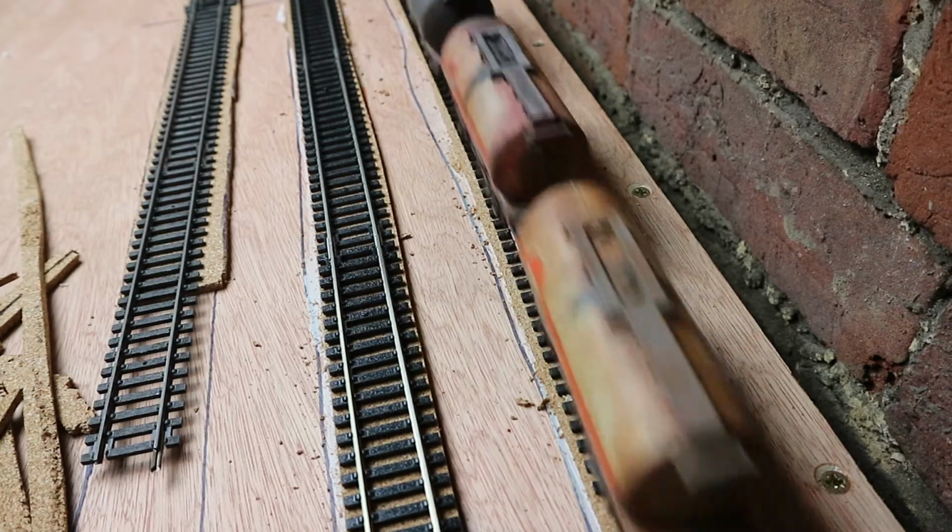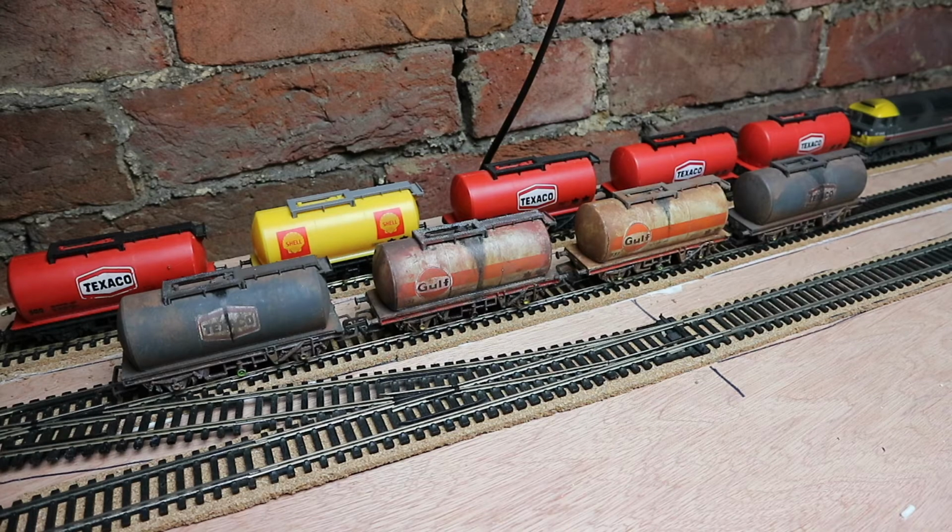Now, in Portsmouth, in the middle of the 20th century, there was a BP section of the line that came off towards Hilsey, and I thought, brilliant, okay, that means that I can get some oil wagons on there and imagine that they went all the way to the docks or they went off the island from various points of view. What I'm going to be doing is I'm going to be respraying all of these wagons the same colour. I might go for something a little bit different, something nice and that pops, or I might go for sort of the black that I've seen in a lot of the photos that come up, a little bit like this